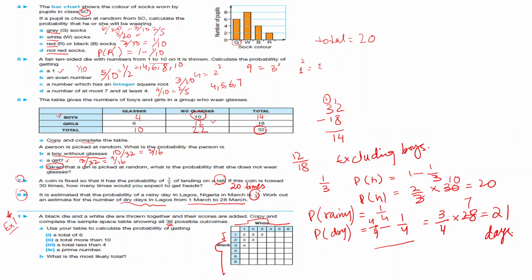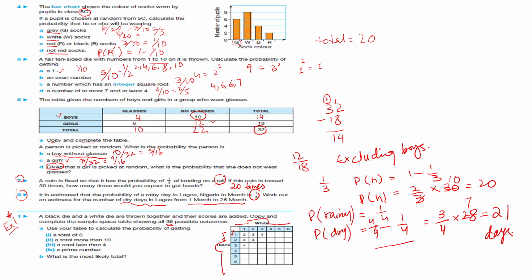If you throw both dice together, in the first case both get 1, so the scores are added and you get a score of 2. If the black die gives you 1 and the white one gives you 2,